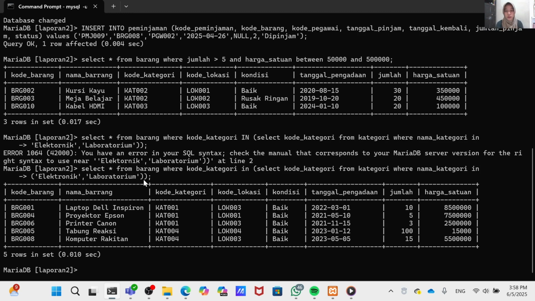This is a subquery. The inner query selects the product category value from the category table where the category name is either electronic or laboratory.